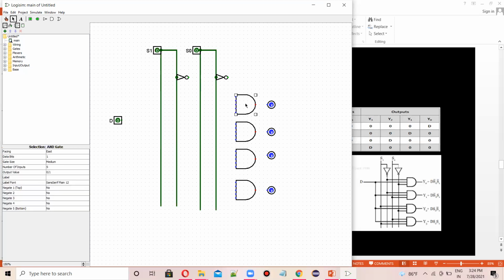Now let's change the number of inputs of this gate to 3. Here also I'll change the number of inputs to 3. Here also, and finally here also, I'll change the number of inputs to 3. Okay, fine.